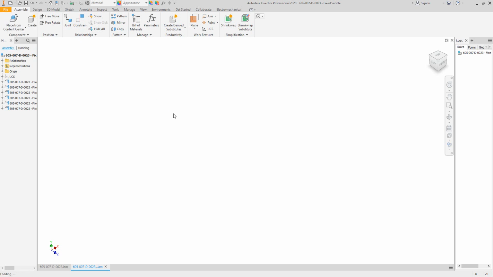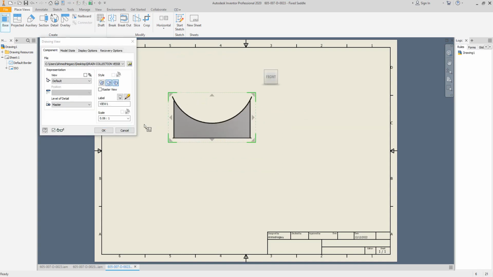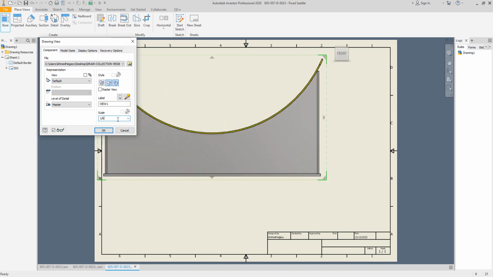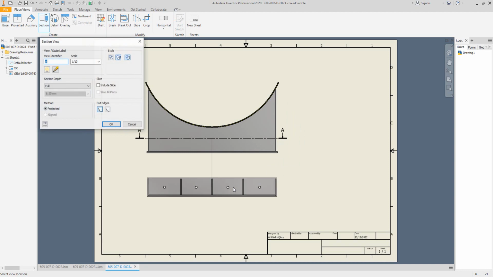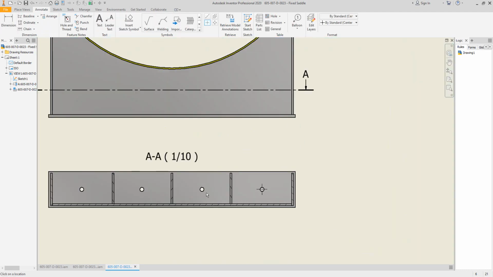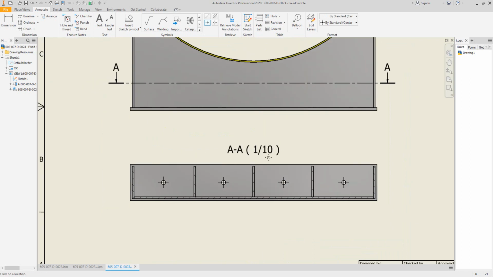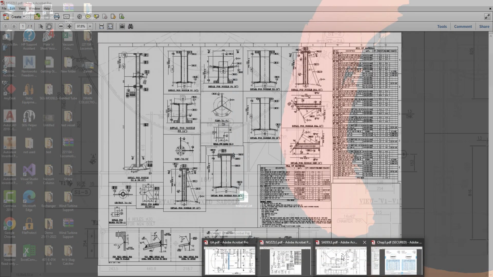So from here, let's open a quick drawing and let's add a view, here, make it 1, 2. Okay, and let's take a section to figure out the holes locations. If we make a center line here, there, and measure the distances between here and there, it's the same distance which defined it here on the saddle,